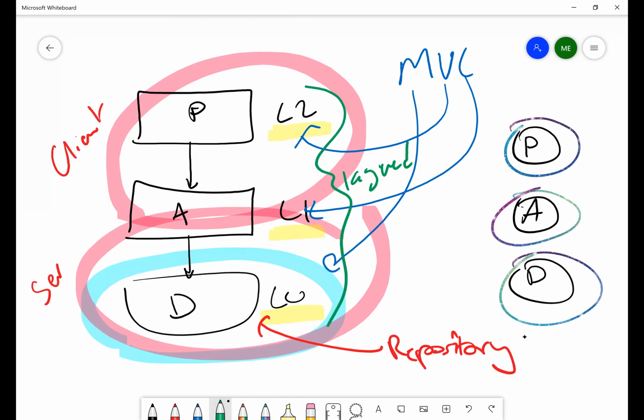We can have the presentation and the application process at the client with the data at the server, or the application and the data at the server with just the presentation being at the client, but we're having client server architecture happening over here. So that's another one. At the data level at the bottom, we can have the repository architecture set up. And then finally, we'll have an MVC to hold it all together, which will be the topic of not the next chapter, but the chapter afterwards.